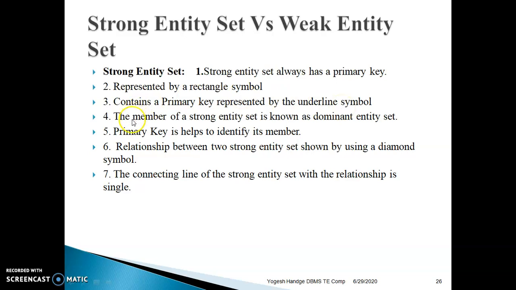Fourth point, the member of a strong entity set is known as a dominant entity set. Fifth point, the primary key helps to identify its members. Sixth point, a relationship between two strong entity sets is shown by the diamond symbol.